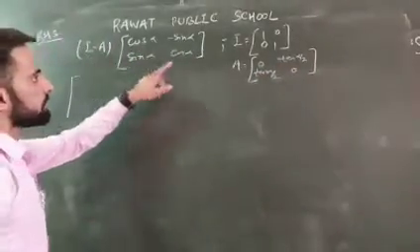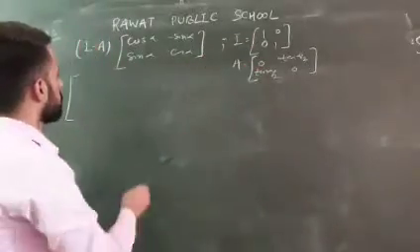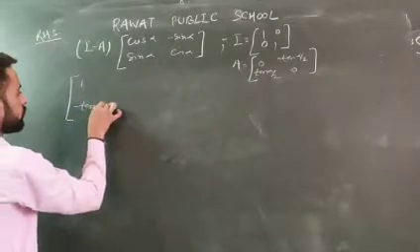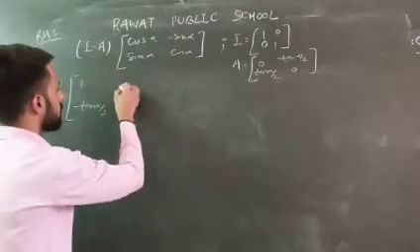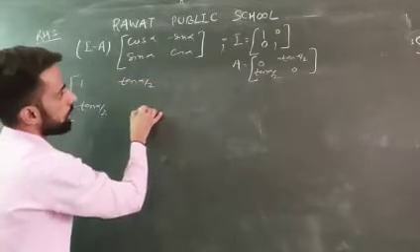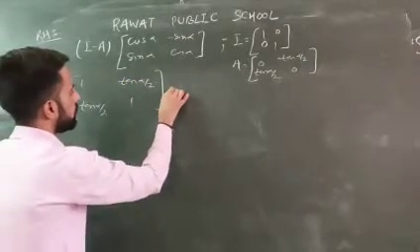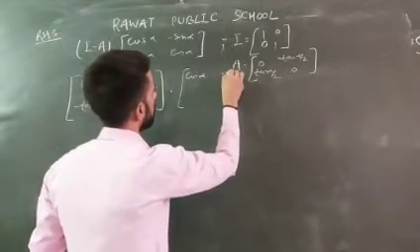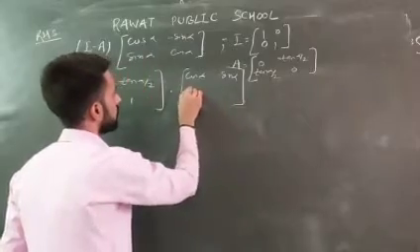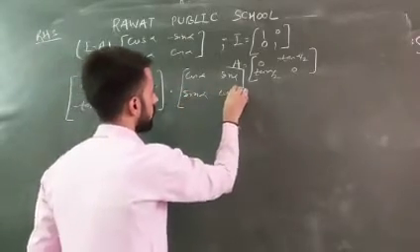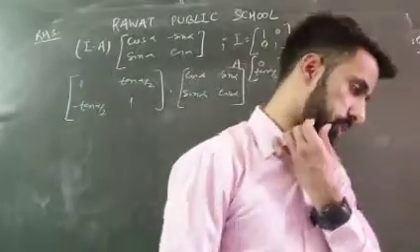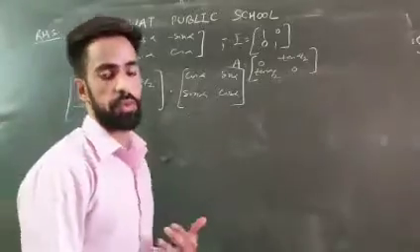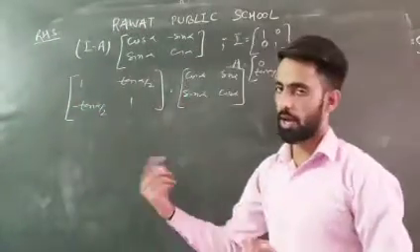So now let's do I minus A. 1 minus 0 is 1, 0 minus tan alpha by 2 is minus tan alpha by 2. This is going to be 0 minus minus tan alpha by 2, which becomes tan alpha by 2, and 1 minus 0 is 1. Dot with this matrix cos alpha, minus sin alpha, sin alpha and cos alpha. Yes, this is the product. Now let's multiply these two. The product of these two matrices will give us the RHS that should be equal to the LHS.